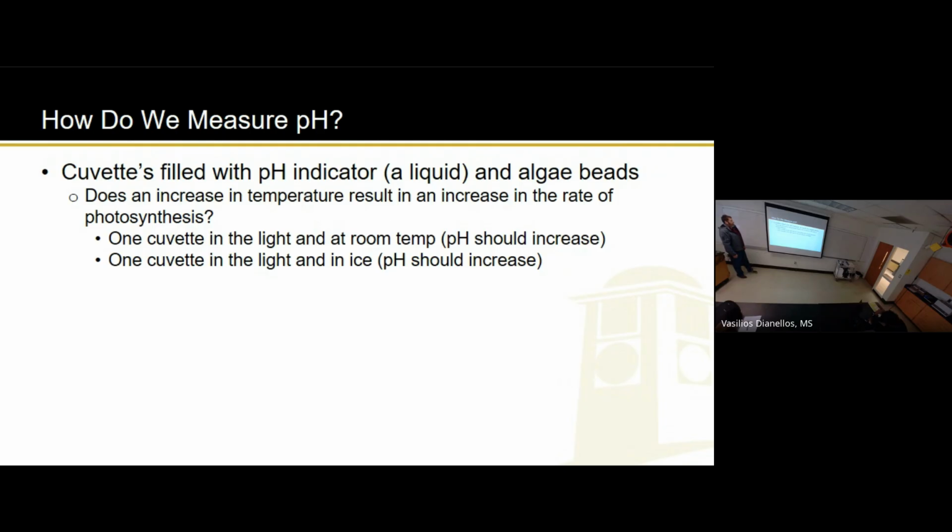So anyway, anybody want to tell us what your hypothesis for this? Do you think as temperature increases, it'll photosynthesize more or less? What do you guys think? Just one hypothesis from one person, and we'll move on. Yes. All right, we'll go with that. Yes. And again, I'm asking you this, but you're going to have to write it down when you do your pre-lab. So I just want to say it out loud if you want.